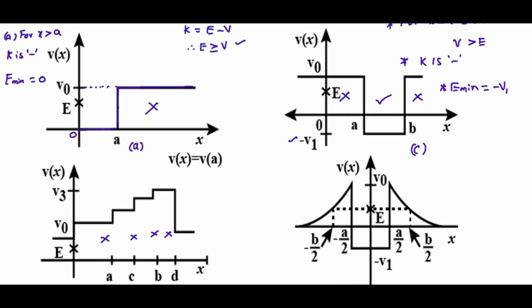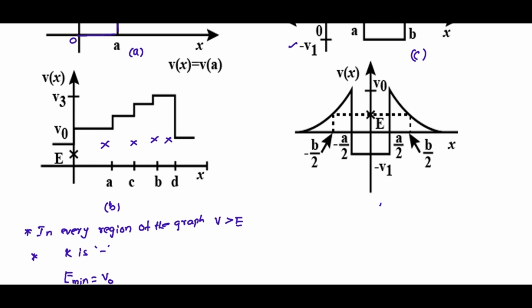Coming to, suppose we are naming it D. In this region also, for minus B by 2 less than x less than minus A by 2, and A by 2 less than x less than B by 2,